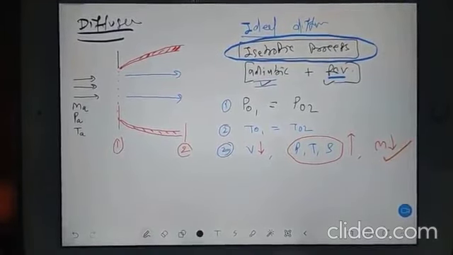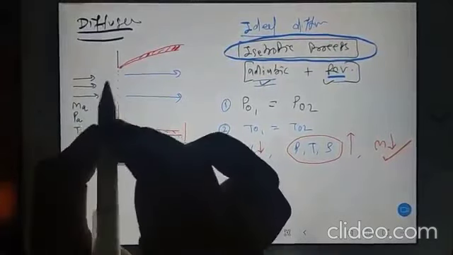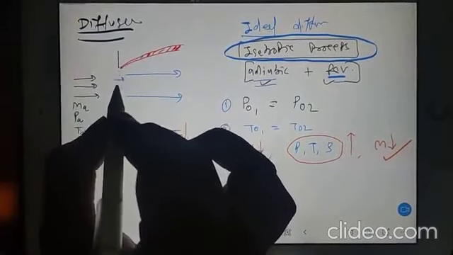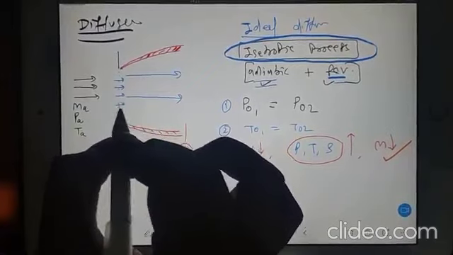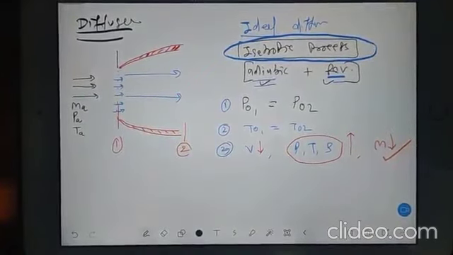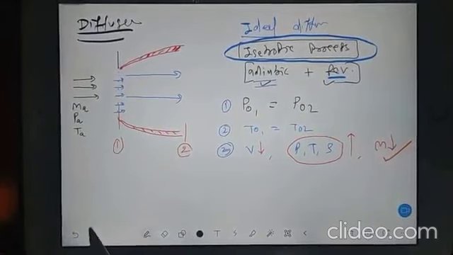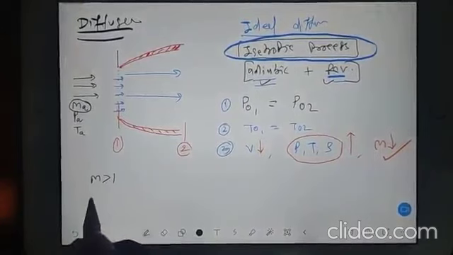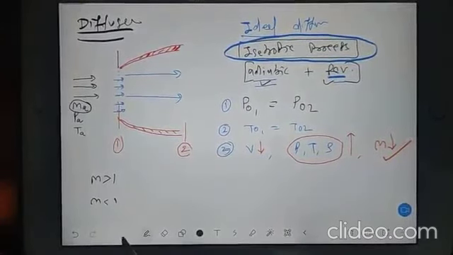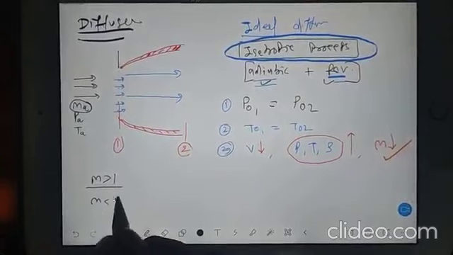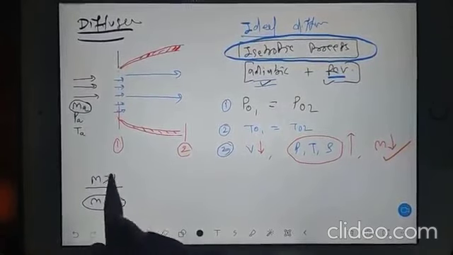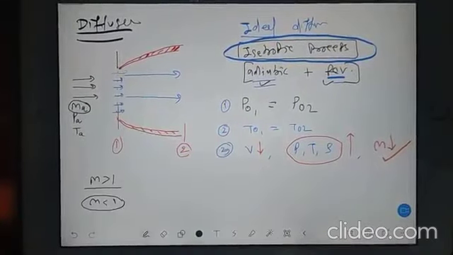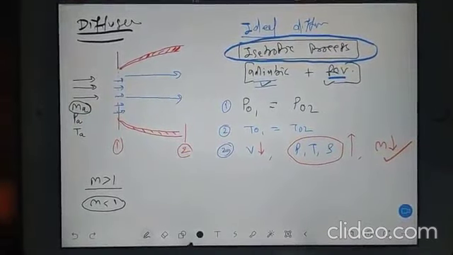Now guys, understand. When the flow is exactly hitting this part, there is a good condition. That condition is whether the incoming Mach number is more than 1 or less than 1. If the incoming Mach number is more than 1, then a shock wave will come into the picture. And if it is less than 1, then there is no shock wave. The subsonic flow will easily enter. Correct?